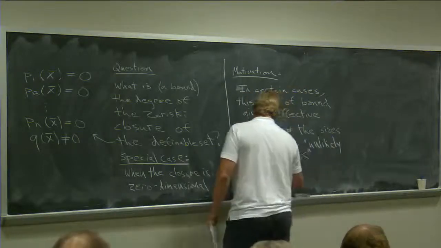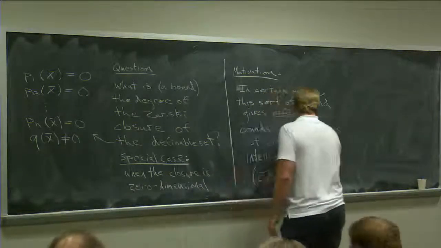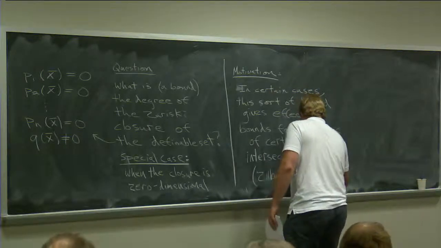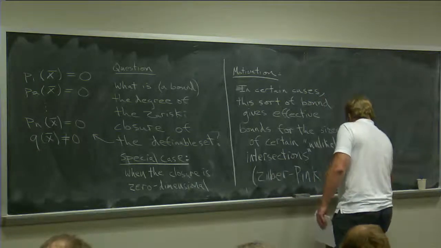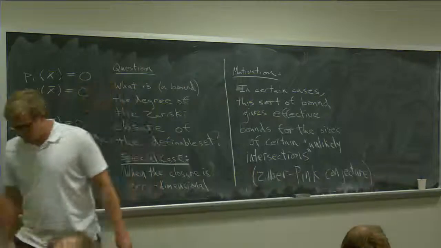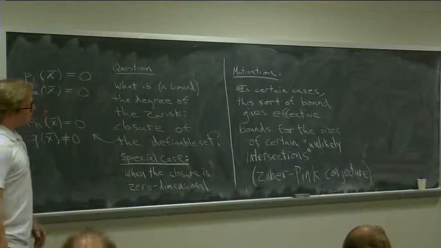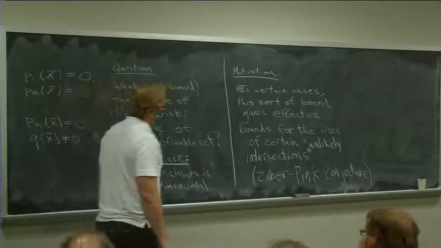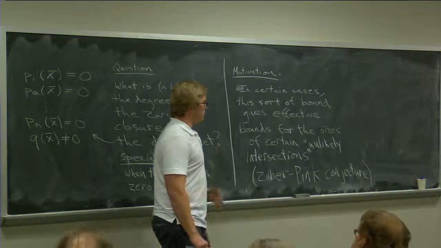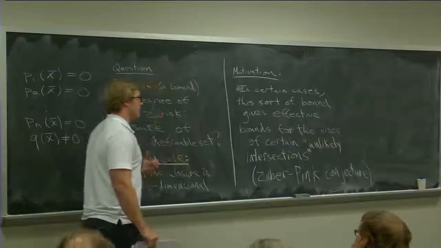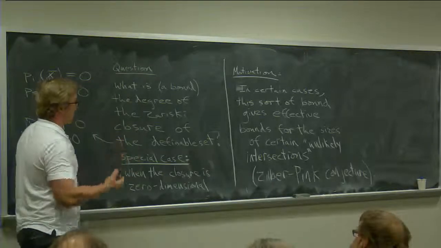And so far, all the examples that I was motivated by are special cases of what is called the Zilber-Pink conjecture, which I'm not going to state because it's not the topic of this talk, but they're related to this thing called the Zilber-Pink conjecture, which is sort of a simultaneous generalization of statements like Mordell-Lang and André-Oort. And so, for instance, this kind of reasoning is what gives you effective bounds for